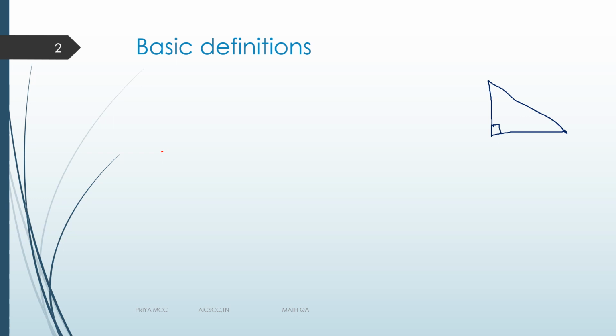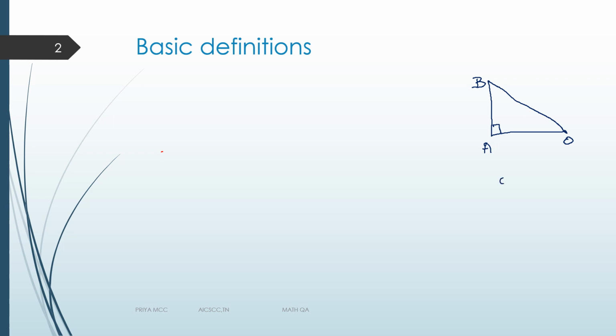Now why is this right triangle important for us? The general idea is, when you look at any height of a building, length of a shadow and so on, you're talking about some vertical. So here the vertical is your AB, and then you're comparing it with some horizontal. And this side, the longest side, usually we call it the hypotenuse.